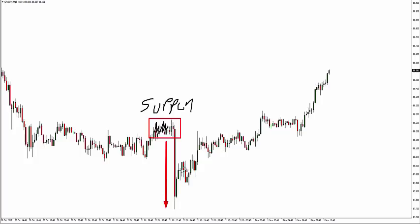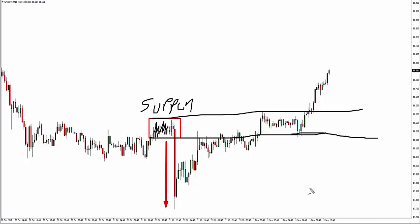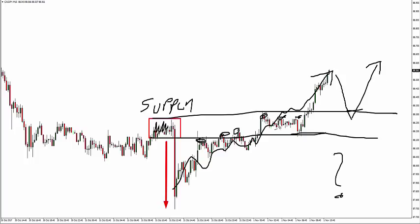And then what's really interesting is you get price come all the way back to that level, and what you'll notice is it just continues to drift and go above the level like that. And there are some sell-offs obviously that we have on several occasions, and ultimately we then had this strong break up. So what's going on? Well, if I was a betting man, I would want to try and get in and take a buy trade probably in this area, back where that supply imbalance was at its strongest point,